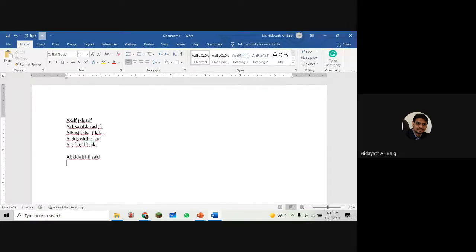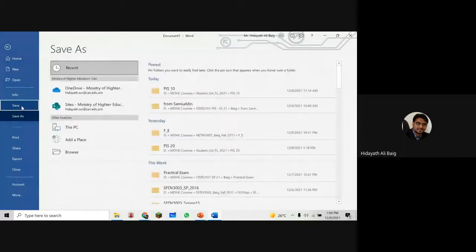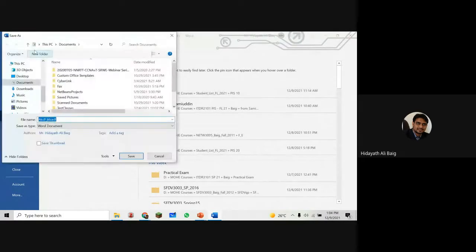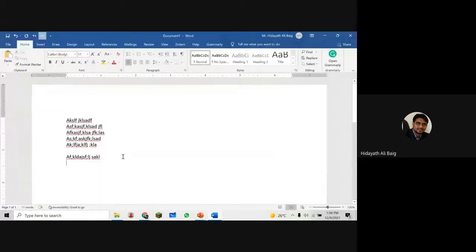Now when I simply click on file, then save, we just give the name of the file. I want to save this on the desktop, just name it test. That's what we know. When I click save, what's happening in the background? This file is divided into blocks. Maybe now I will tell you about the blocks.